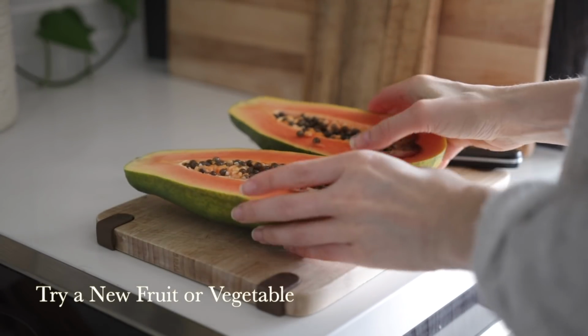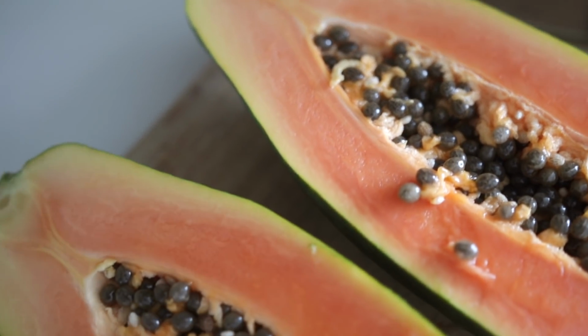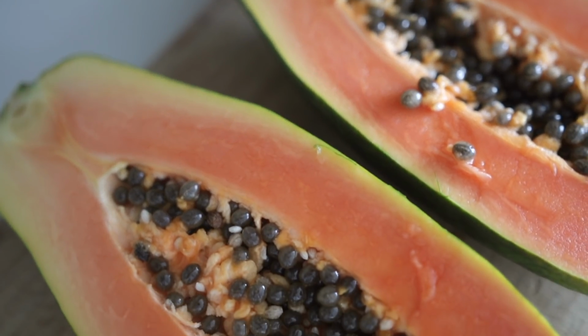So number one is to try a new fruit or vegetable. And this might sound really simple, but sometimes we can get stuck in our ways a little bit and often just eat a lot of the same foods. But when we try out a new fruit or a new vegetable, maybe one that we've never had before or we haven't had in a really long time, it helps us to explore more of that plant diversity, which is so good for not only helping us to